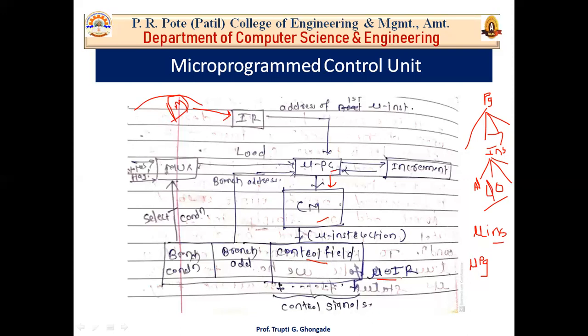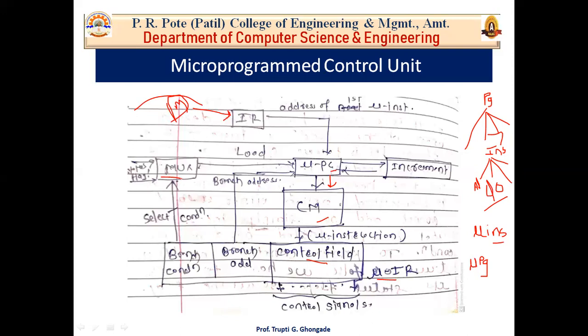To know whether the condition is true or false, we have to check the status flags. All the flags are given as inputs to the multiplexer. Here we are using the multiplexer and providing status flags to it. For example, there is a branch instruction: you are adding two binary numbers and there is a carry, and if carry, go to address location 1001. That is your conditional jump. At that time you are generating some status flags, and these status flags are given as input to this multiplexer. A multiplexer uses select control signals.